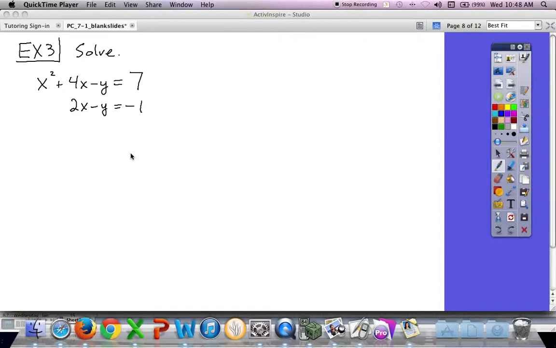Okay, so solve. So what's different about this system? One's a quadratic, which means the shape of the graph is a parabola. In this case, it is a parabola. It is correct to say that not all quadratics are parabolas. We'll see that when we get to chapter 10. But in this case, because just one term is squared, it's definitely a parabola, which means that we